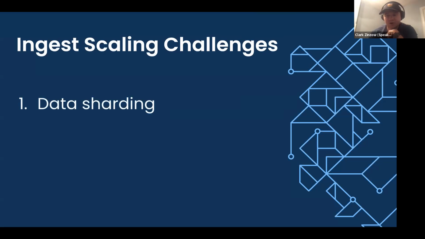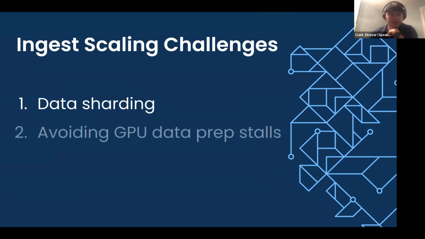So a little bit more about these scaling challenges. One of them is data sharding. You need to be able to take this potentially very large data set and efficiently assign and transfer data shards to either the training or inference workers. You want to avoid these pesky GPU data prep stalls. This is when your GPUs are sitting there idle, just waiting for pre-processing or ingest to finish.